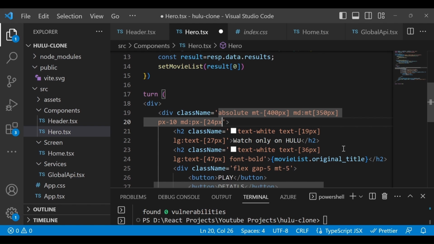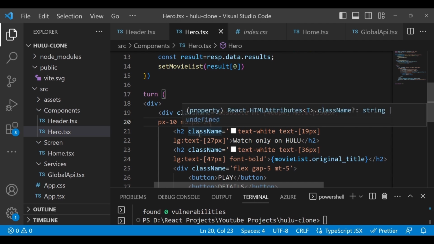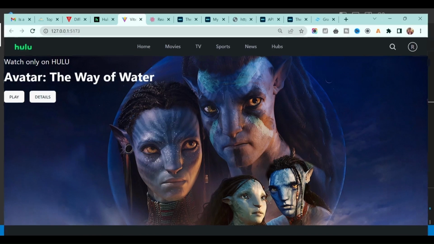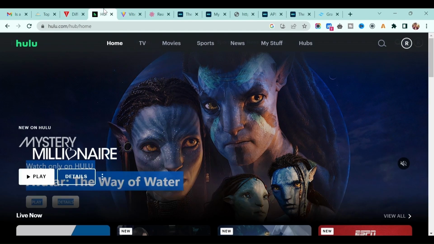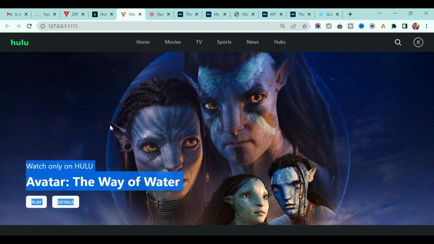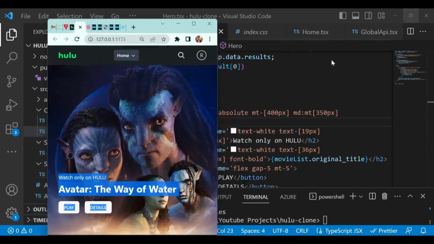Or not a custom one, I will give the built-in Tailwind CSS one. Okay, so 24 pixels, and if you look now, it looks pretty good, right? If I decrease the screen size, it changes the layout automatically, and that's how we want it, correct?